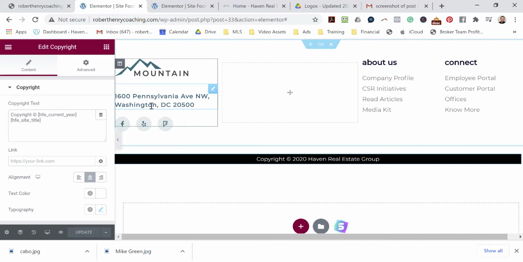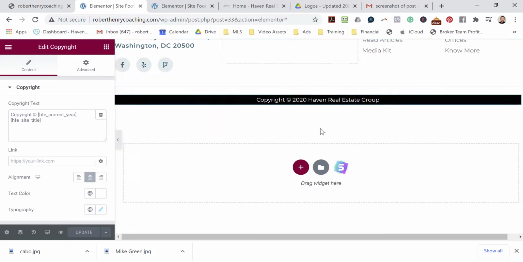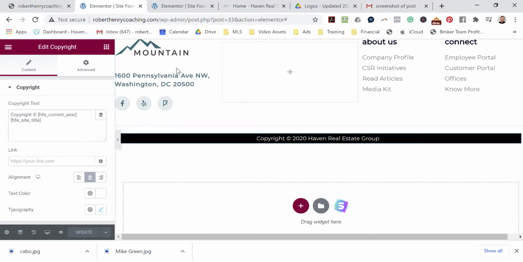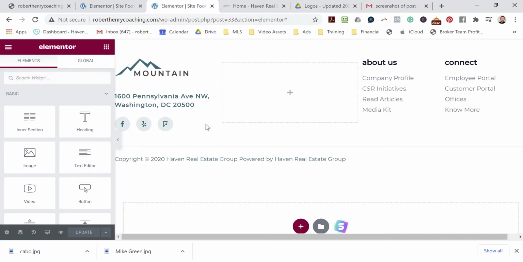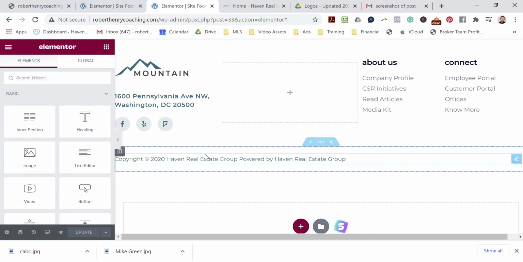Next thing that I want to do is come in here, and what I'm going to do is instead of editing these, so I like a pretty simple and clean footer. Matter of fact, if you come to Haven Real Estate Group and you come down to the bottom, this literally is our footer here. You can add this section also, but I prefer to do that just on the main page. So very, very clean footer. Okay, so we're going to go to your Elementor. I'm going to show you just a couple of things. One, I like to just